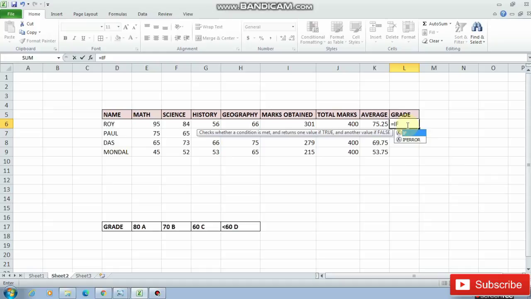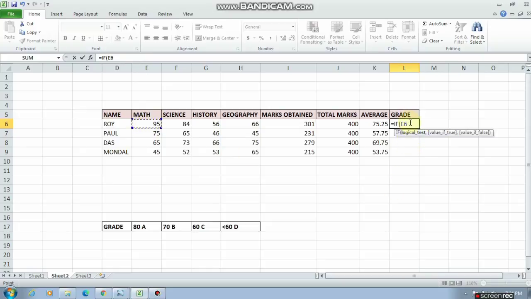Okay, so now to prepare the grade, we have to use the IF function. In the cell below the grade cell, we write equal to, then write IF, then open the first bracket, and then select 95, that is the marks obtained in maths by Roy. Then we give a greater than sign and write 80, then comma, and then A within double inverted commas.